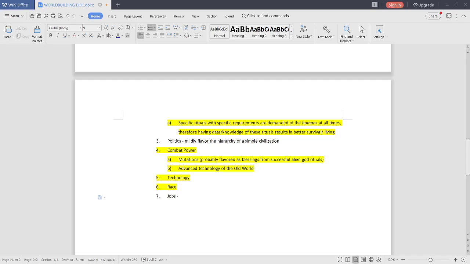So now I'm going to go back to jobs. I have to brainstorm some general jobs that arise from an interesting data economy based on religious requirements.